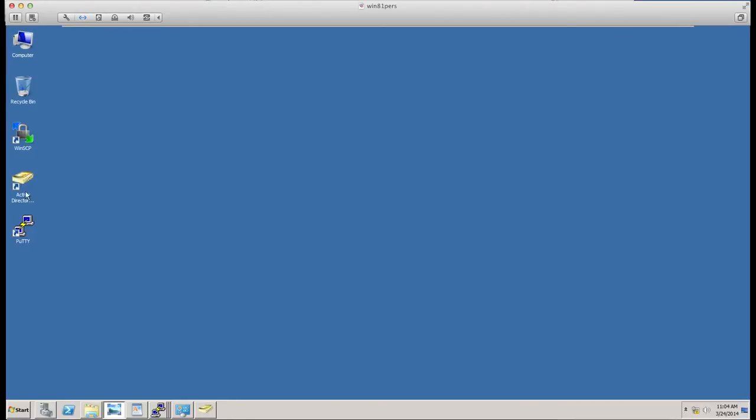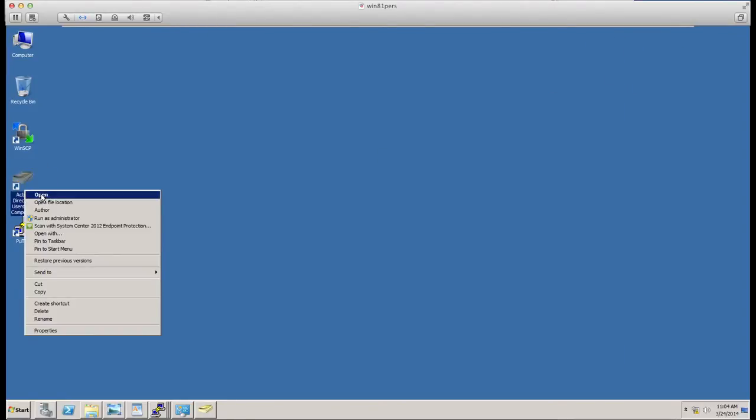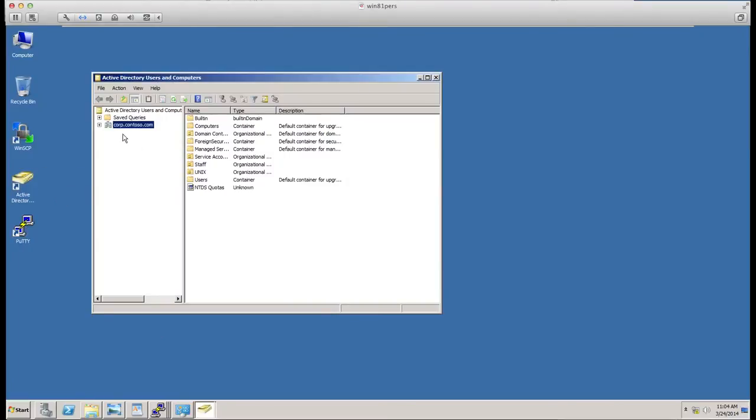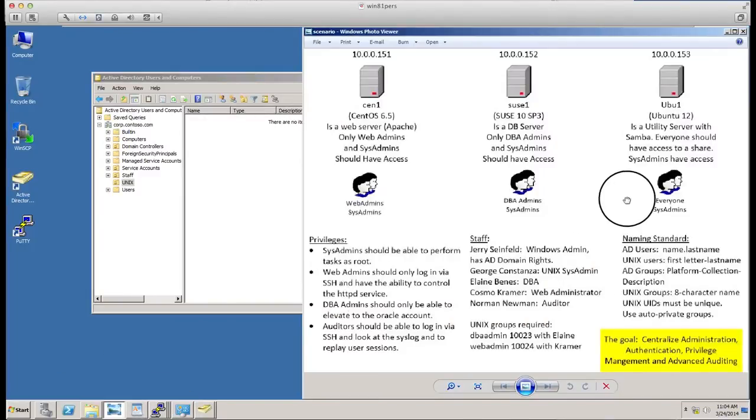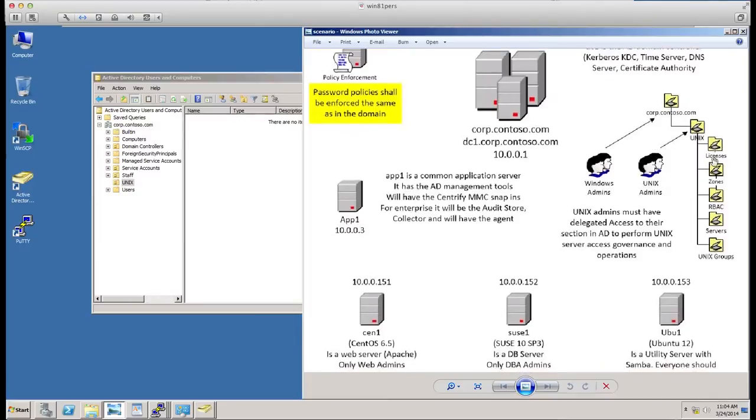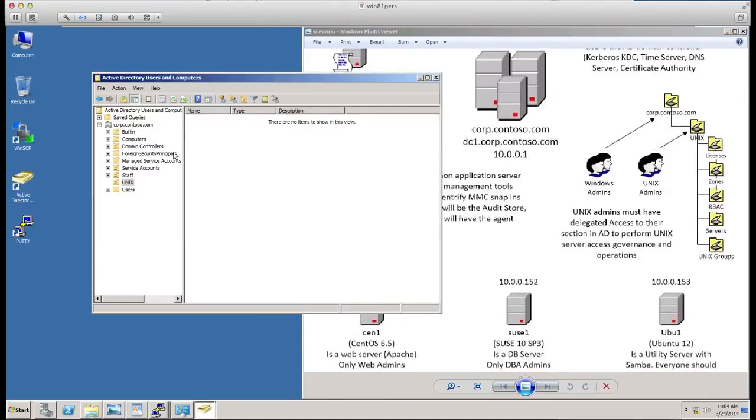Typically in production environments, it's a little bit more complex. So let's go ahead and open this. And notice that now George can go in here and everything is lit up. So let's go ahead and create some OUs. Based on our delegation model right here, we're going to create a Unix OU with this structure here. So let's go ahead and create